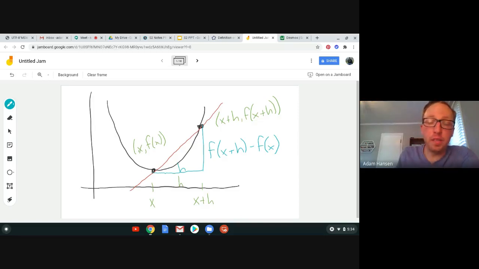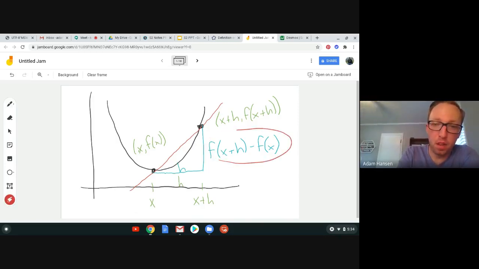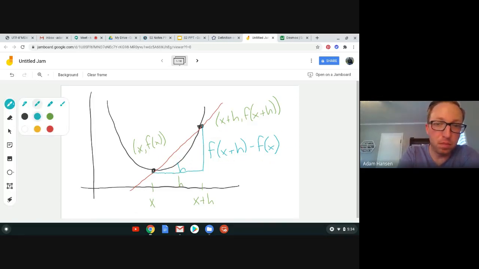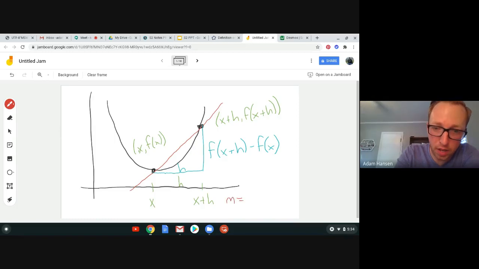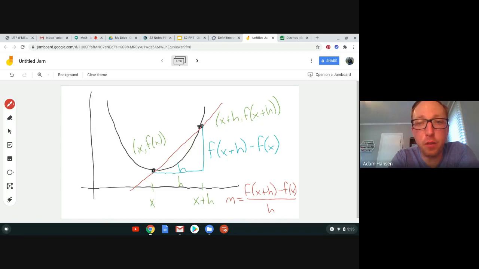So the average rate of change, the average slope between those 2 points, would be the change in y divided by the change in x. So the slope, we'll call that, would be f of x plus h minus f of x divided by h. This is the average rate of change. The slope of this line